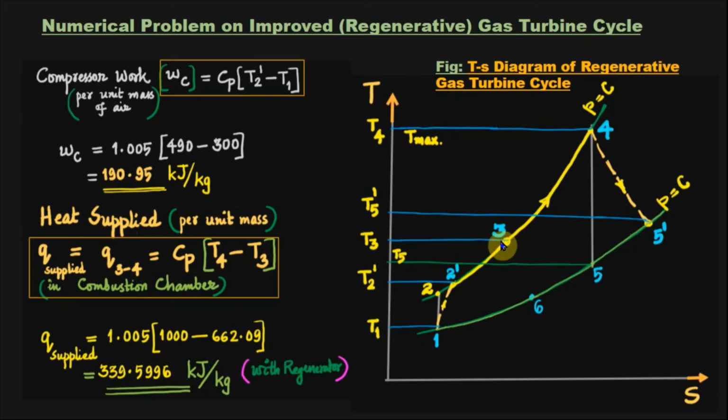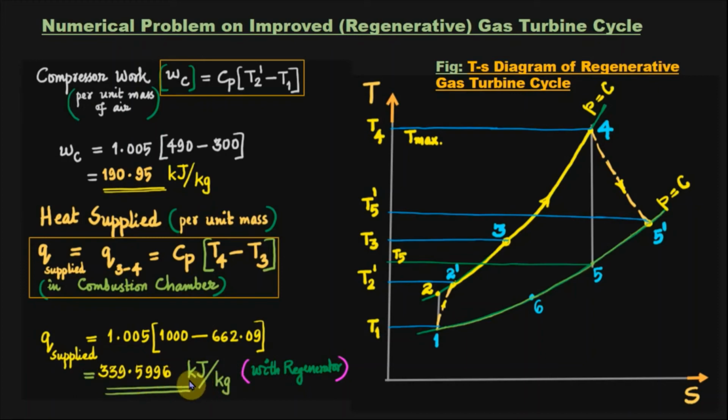The process is represented by 3-4. Therefore, the heat supplied is equal to Cp of gas into T4 minus T3. Here Cp of gas and air are assumed to be the same. So Cp is 1.005 into T4 minus T3. T4 is 1000 Kelvin and T3, the temperature of compressed air coming out of the regenerator, is 662.09. So the heat supplied when we use this regenerator is given by